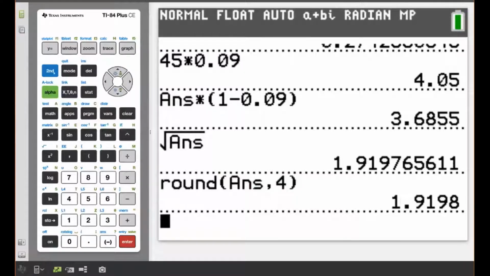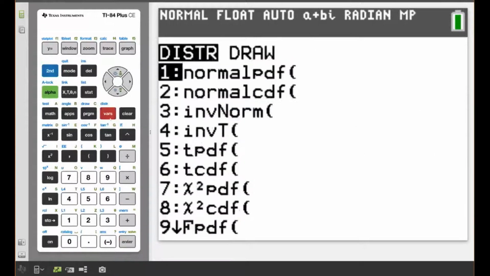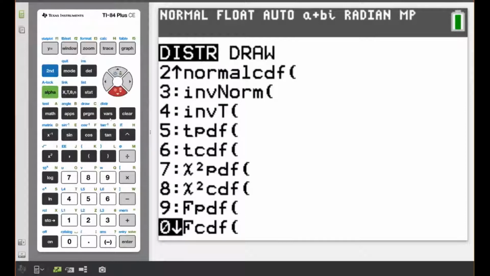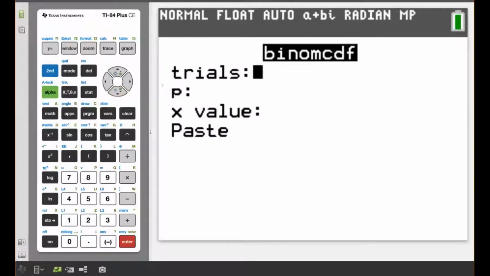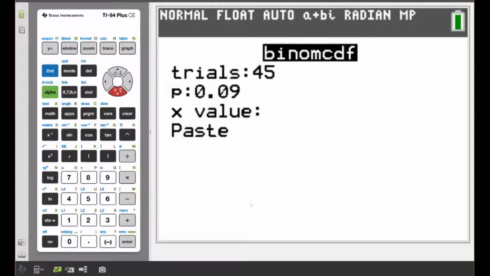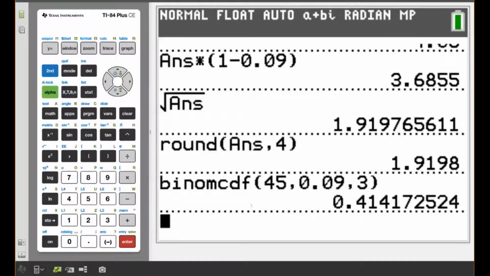So again, I'm going to head to my distribution. And this is not a normal distribution this time. We're looking for a binomial distribution. And again, cumulative because we've got that less than value. So if I head into binom CDF, I have my trials, 45 altogether. My probability is 0.09. I'm looking for an X value less than 3, so my X value is 3. And I'm going to paste that in, and there we can see the probability is